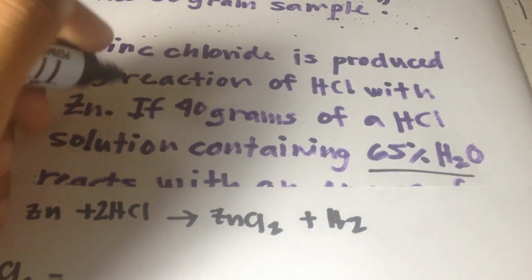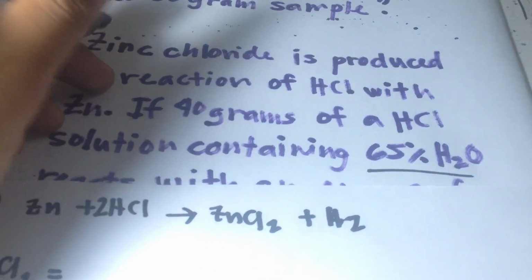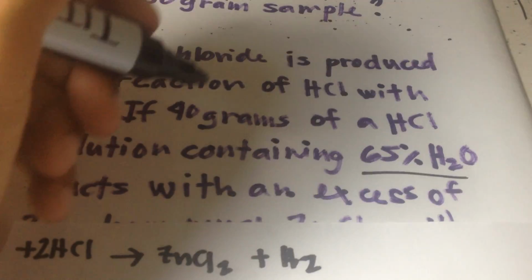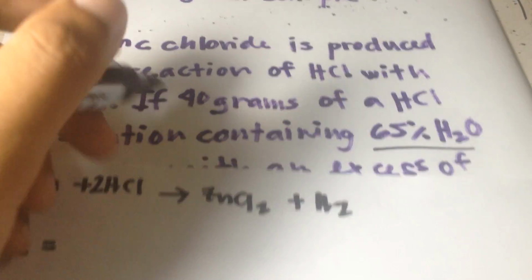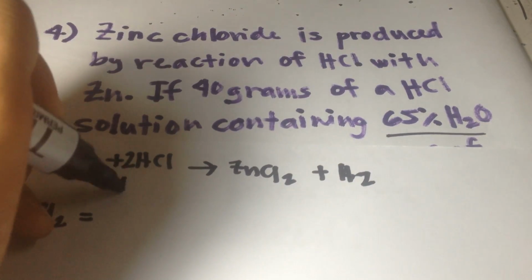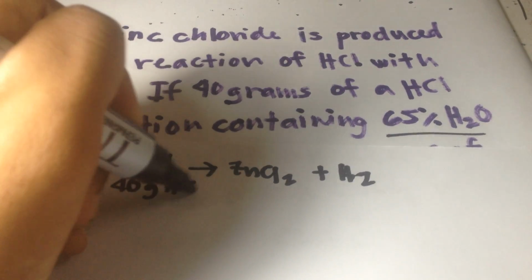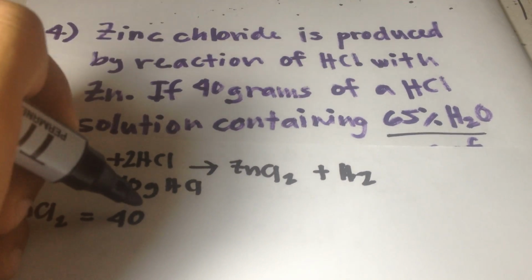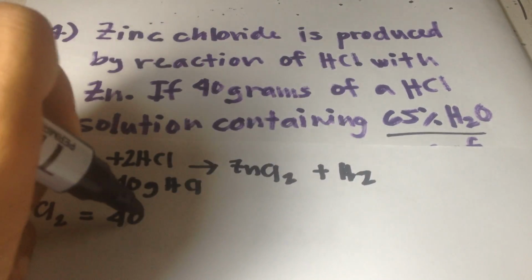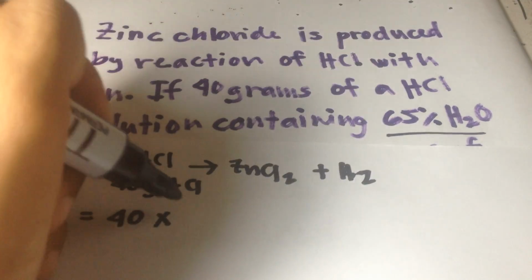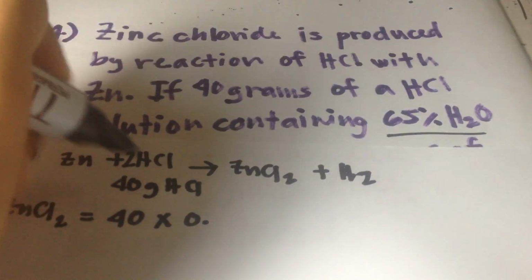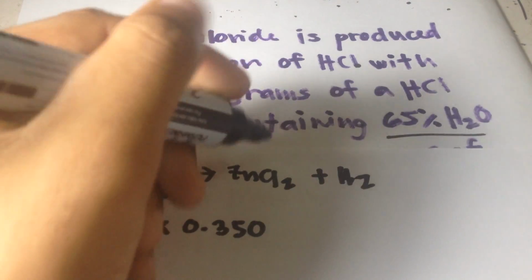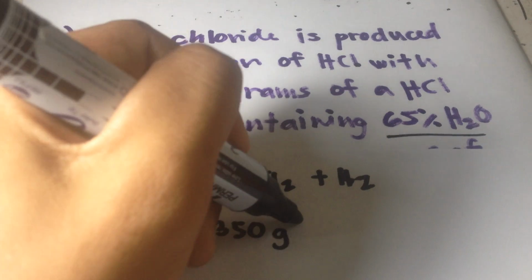So you need 40 grams times 0.35, grams of HCl,